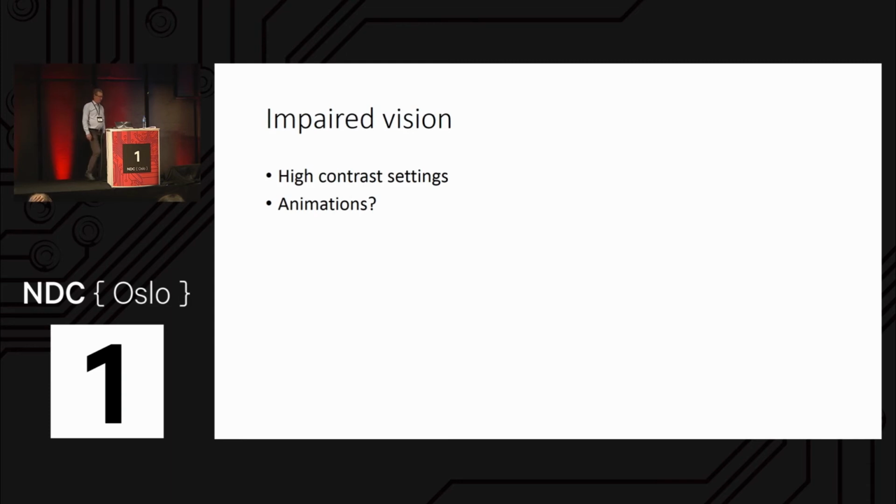Impaired vision. That's basically a couple of things. We do high contrast variants of the UI for people with poor vision. And for such people, it can be very difficult to tell that a gray text is gray because the system is trying to tell them something or because their eyes are not working properly. So that's why we have high contrast and why we don't use animations in those cases.